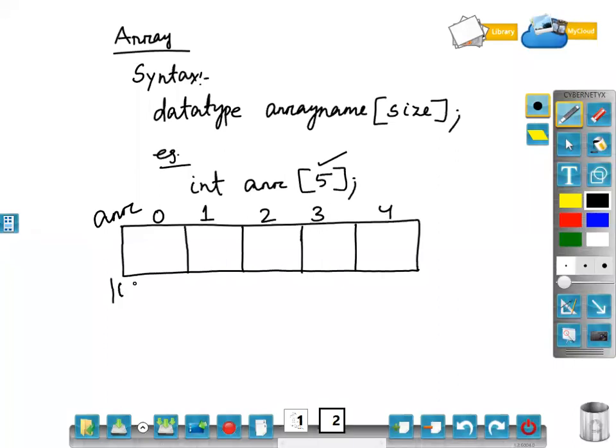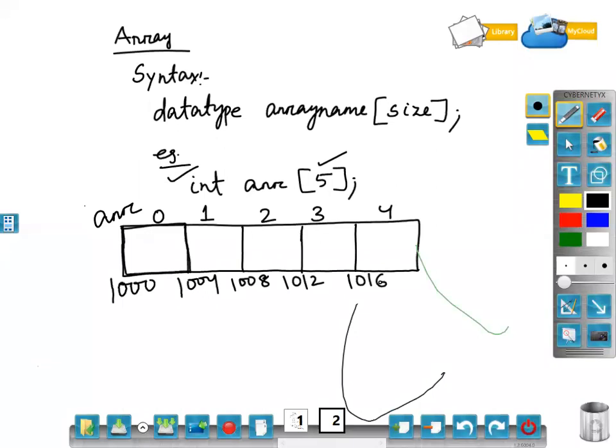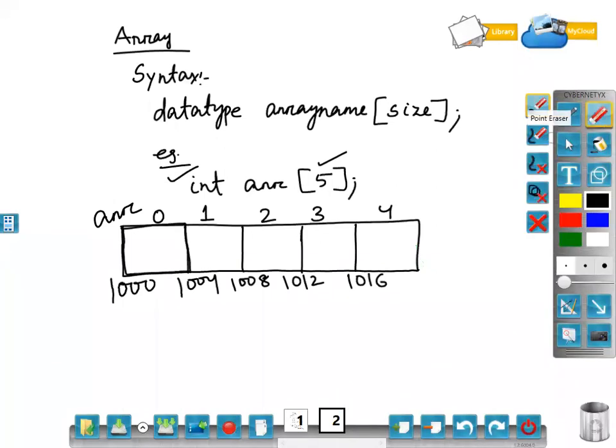For example, suppose the starting location is 1000 and value is of which type? Integer. So if integer value I will store, then each block will be of 4 byte, for example. So the next block will be 1004, 1008, 1012, 1016. Clear? Done. So these are the positions or the index how the memory will be allocated.